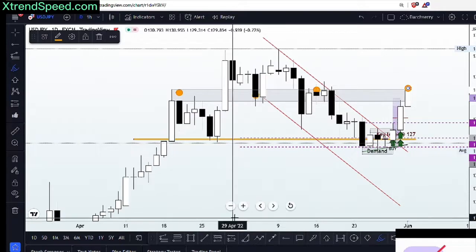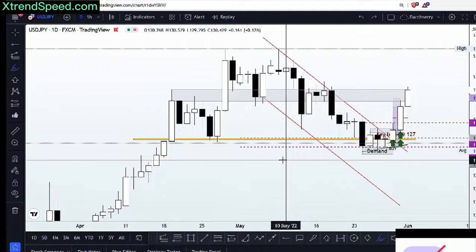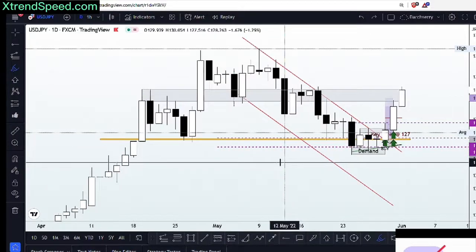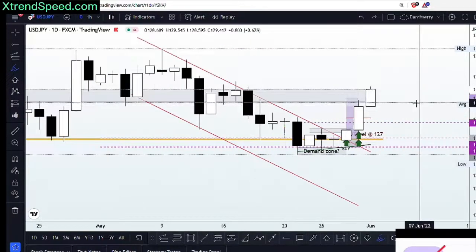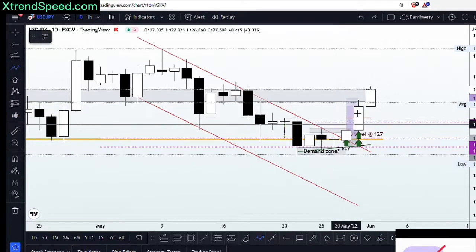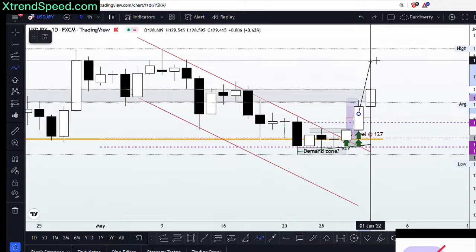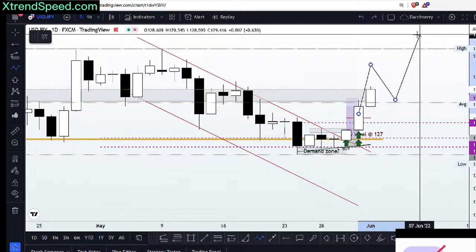So price is right at a very sensitive area right now, and it is advisable that we just stay clear at the moment. If you are still holding the buy trade, then you can still be in the trade and just put your stop loss right below structure around here. There are two possibilities from this area. We could see a breakout of that supply zone and a retest into structure that could welcome an addition to that trade,